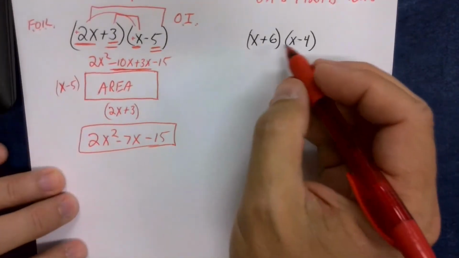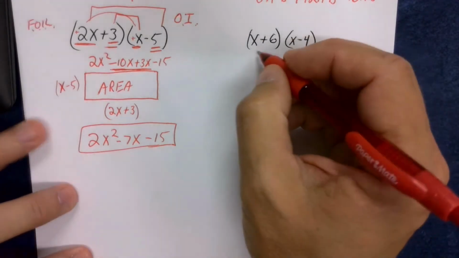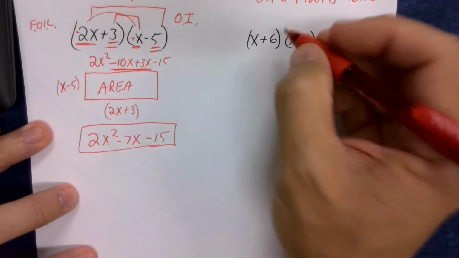Then let's go over to this one. This one's a little bit more basic, and that's what we're going to lead into on the next step. So x plus 6 times x minus 4. So if we do FOIL,